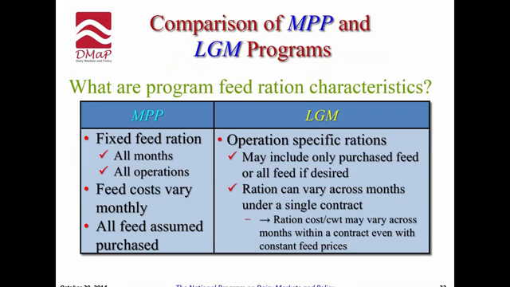That ration does not change, and that ration is designed to supply 100% of the nutrients required, not only for the milking herd, but the supporting animals as well. So all those are assumed to be purchased. All feed is assumed to be purchased. Not so much under LGM, because a producer may only want to declare in the feed ration the purchased feed. And what's that going to do to